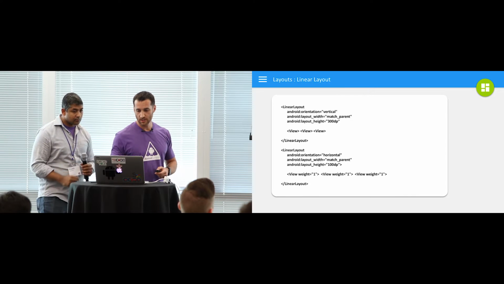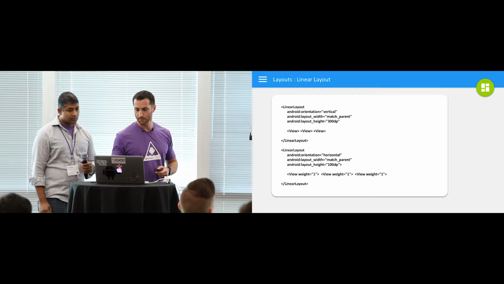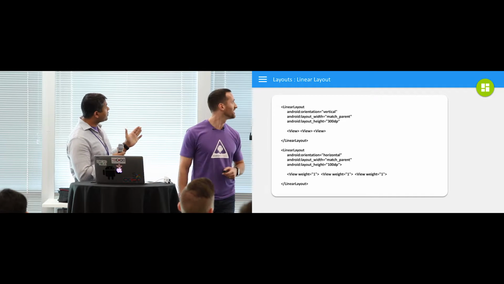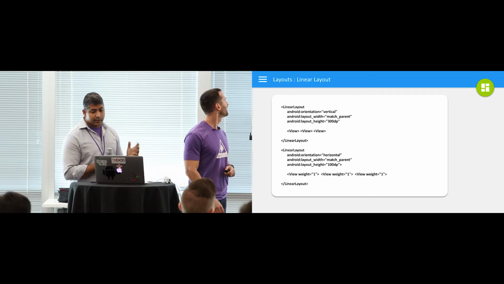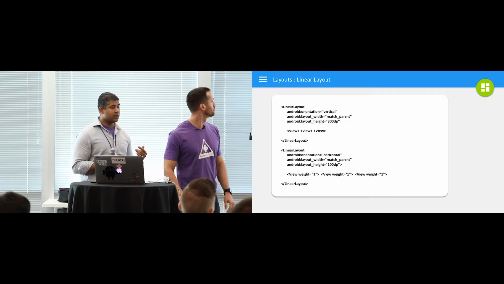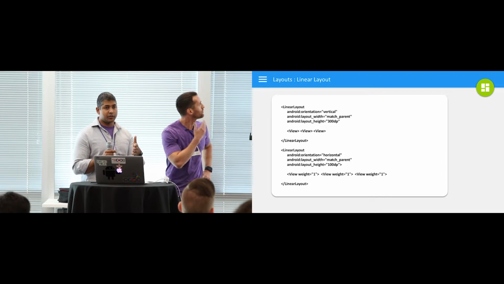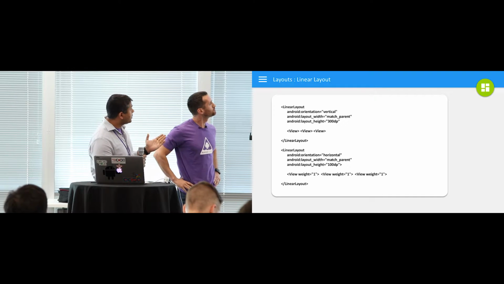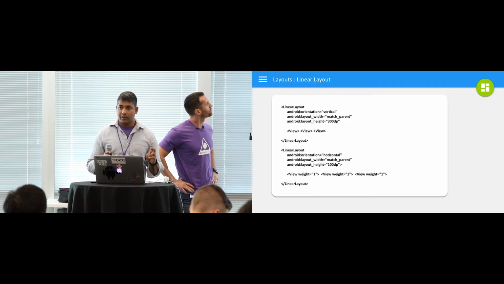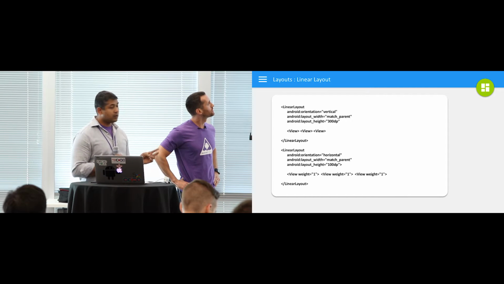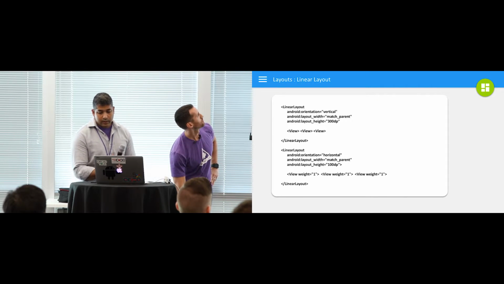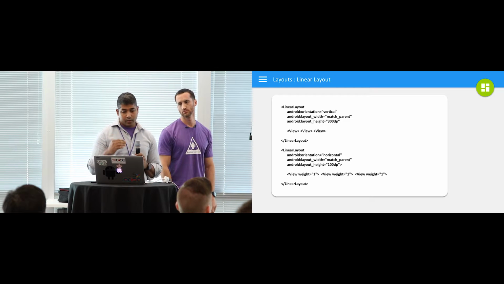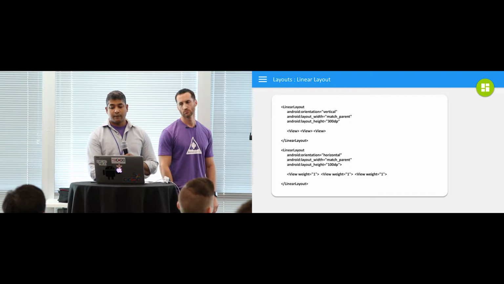Linear layout, like I mentioned, does a little bit more. Let me explain a little bit on linear layouts. Linear layouts display multiple views and widgets in a single direction. So in order to set layout direction, you have to use the orientation attribute. You have to set an orientation. It can be either vertical or horizontal. And all children of linear layouts are stacked one after the other. For example, in a vertical list,